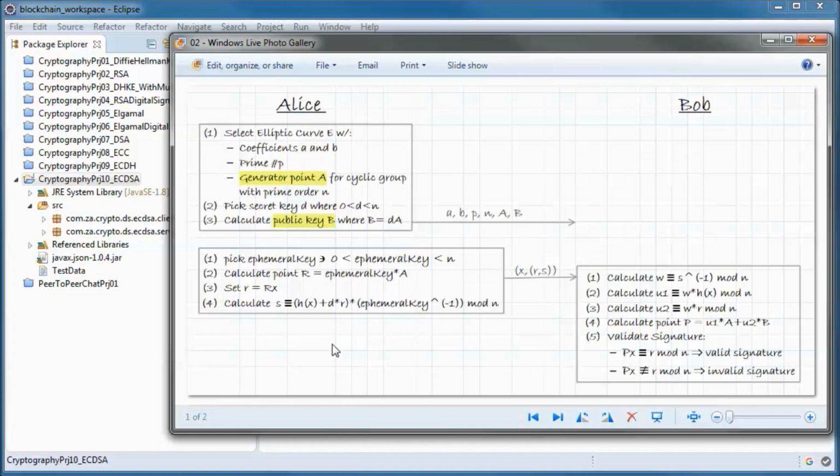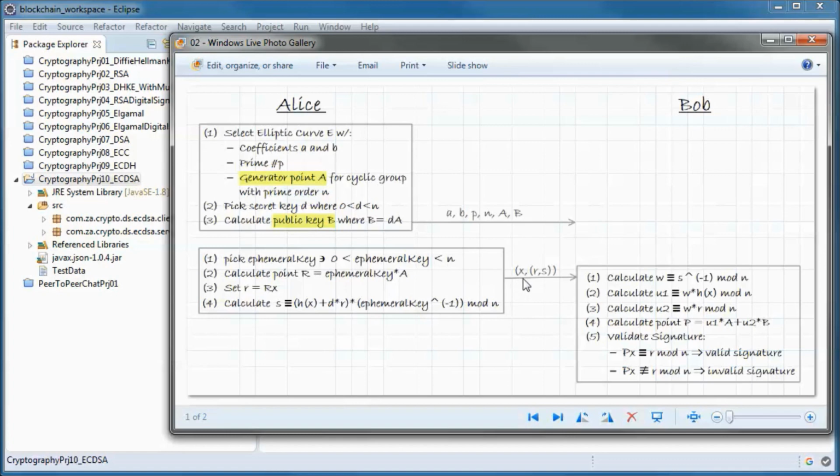And then when she wants to send a signed message to Bob, she starts by picking an ephemeral key such that the ephemeral key is between 0 and N, and then she calculates the point R, which is ephemeral key hops from the generator point A, and then she sets lowercase r to the x coordinate of this point R, and then she calculates s, which is congruent to the hash of x plus d times r, multiplied by the inverse of the ephemeral key, and all of that in mod n.